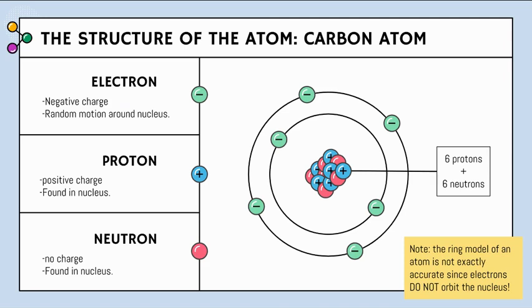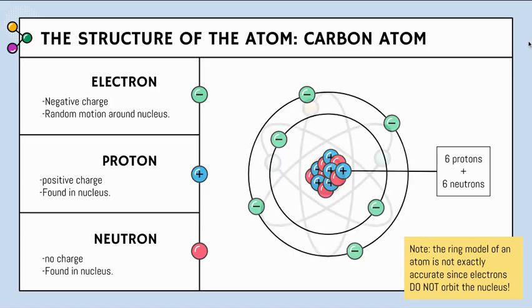The model shows that electrons are negatively charged particles and are located outside the nucleus. The protons are positively charged particles found in the nucleus, along with neutrons, which have no charge and are also located in the nucleus. However, it's important to note that the ring model of an atom is not exactly accurate